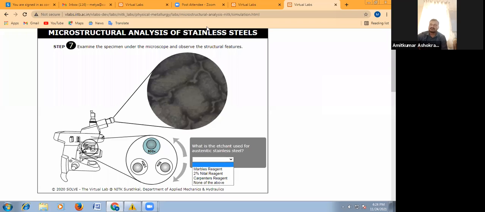You can give your answers in the chat box. Please provide your answers in the chat box. More answers I am expecting. Options are Marble's reagent, 2% nital reagent, Carpenter's reagent, and none of the above.